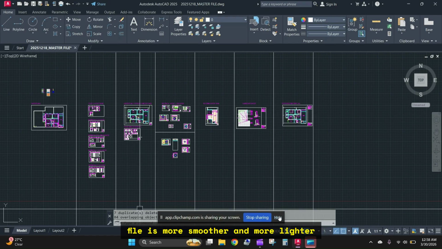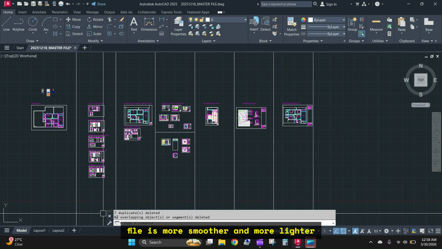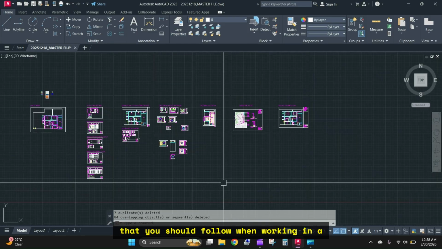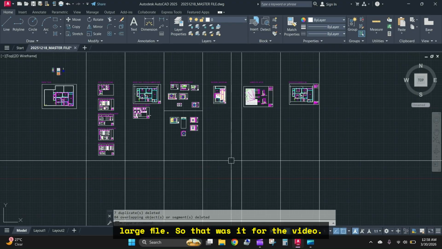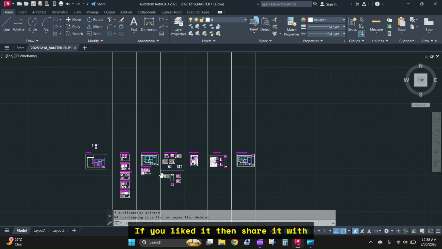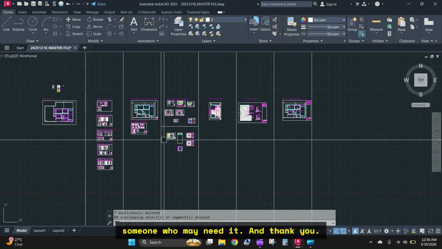As you can see over here, 7 duplicates are deleted, and 89 overlapping objects or segments deleted. So now your AutoCAD file is smoother and lighter without any unnecessary things that should not be there in your PC or in your